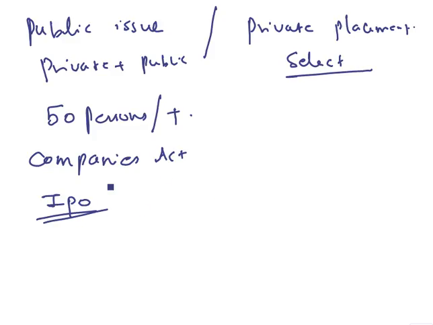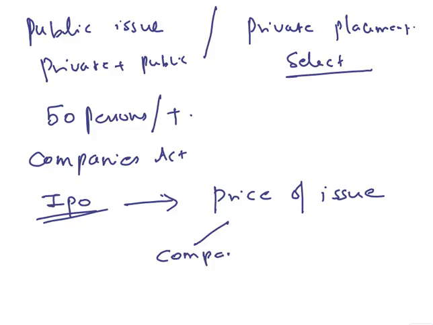So the point I want to stress in this part is what should be the price of the issue, or who decides the price of the issue. The price of the issue will usually be decided in two ways. One, it will be decided by the company as well as the lead merchant banker. A merchant banker will take these shares and sell them in the market, which is why they are called the lead merchant banker. So either they can decide in this way,